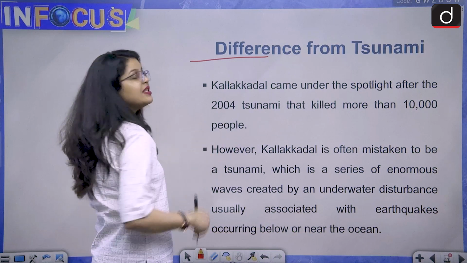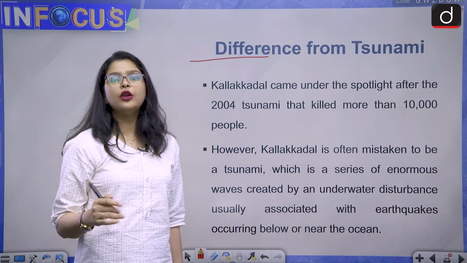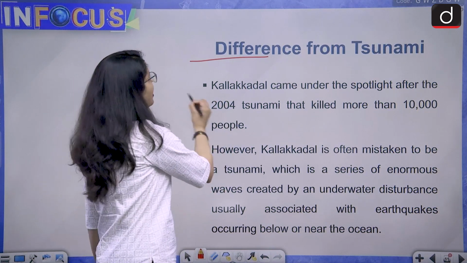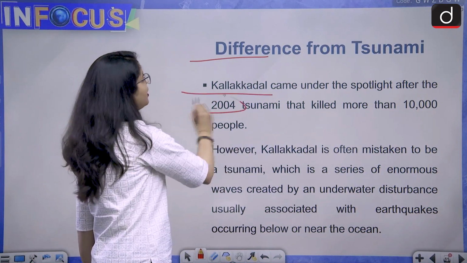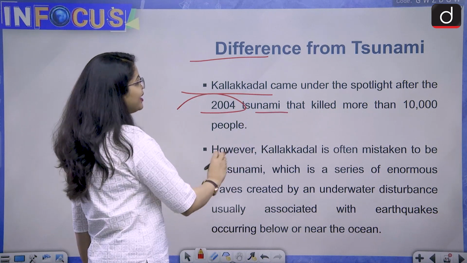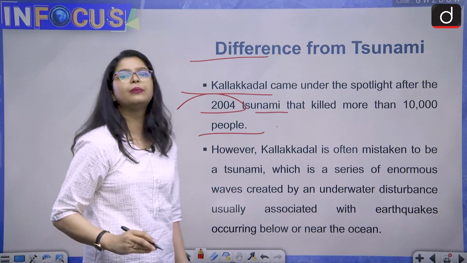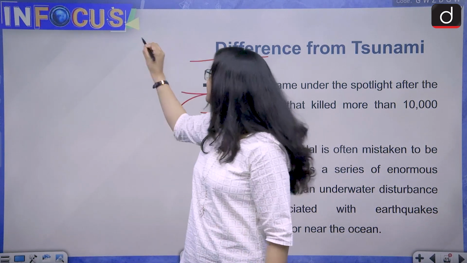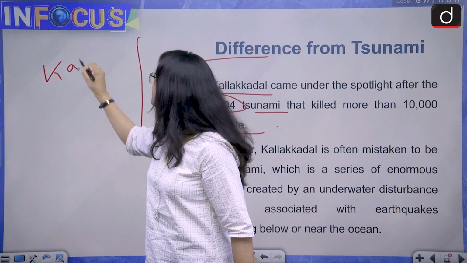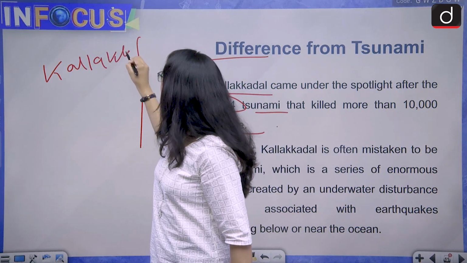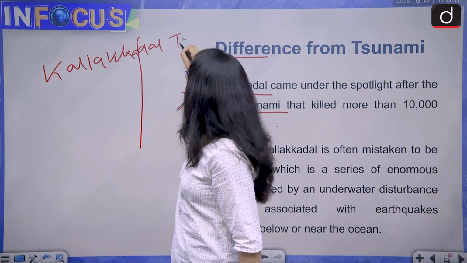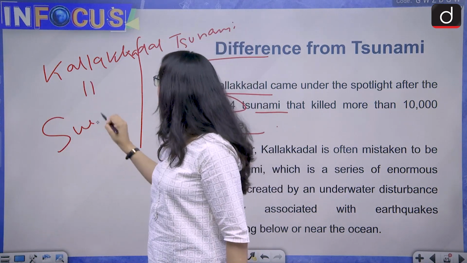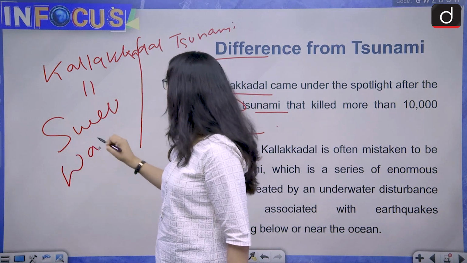Let us draw a distinction between the phenomenon of Kallakkadal and tsunami. So, this phenomenon of Kallakkadal came under spotlight after the 2004 tsunami that killed more than 10,000 people. But it is very different from tsunami. See, if you compare these two phenomena, that is Kallakkadal and tsunami,